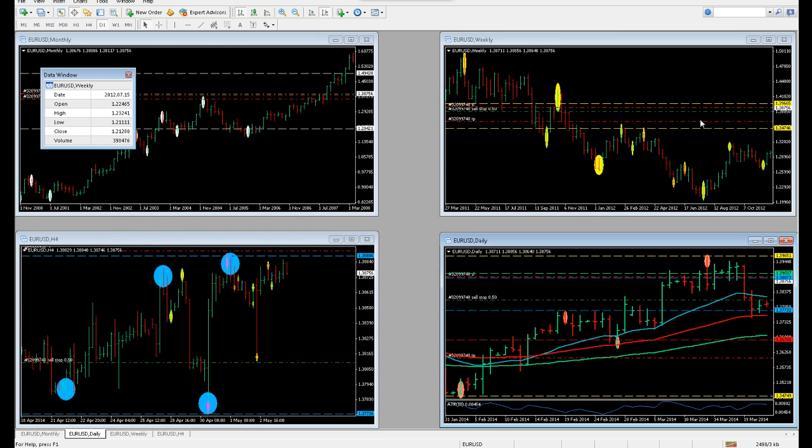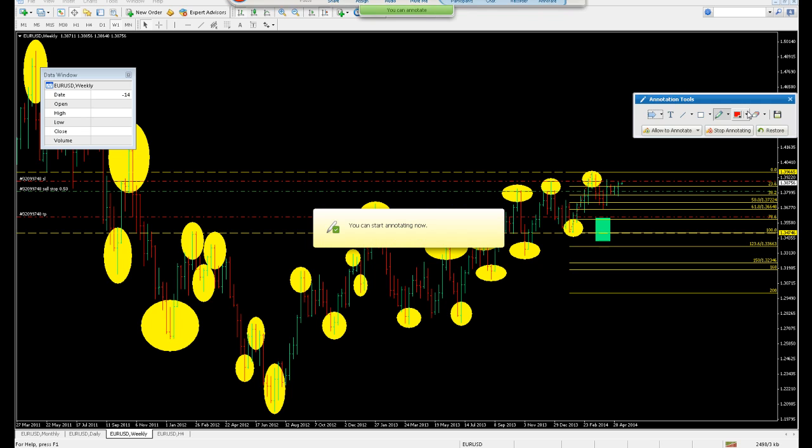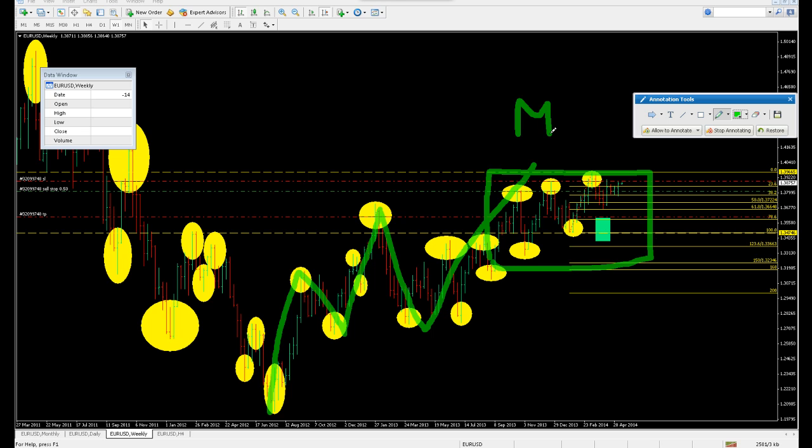In terms of a weekly chart, we can see over here, let me just quickly annotate that so that you guys get much clearer about this. We can see that we do actually have an uptrend over here, and then finally a bit of an upward push over here. But what we do need to remember is that over here we have a consolidation point where the market is compressing. So we have a market compression over here, where the price is struggling to move